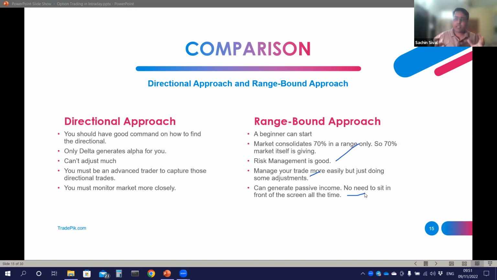You can just create a few strategies. You can keep an alert in your system, like what is my range. This is my resistance, this is my support. If a particular stock is breaking this resistance, I have to do this adjustment. If I'm getting a breakdown from my support, I have to do that adjustment. So you don't need to sit in front of the system. You don't need to skip your meetings or your quality time with your family, which is more important